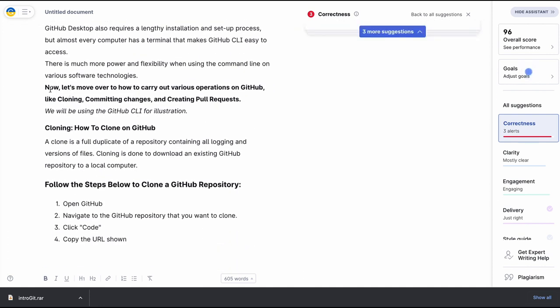Now let's move over to how to carry out various operations on GitHub, like cloning. So I am wondering why we have all of them being bold. Is this a subtopic, or is this an error?